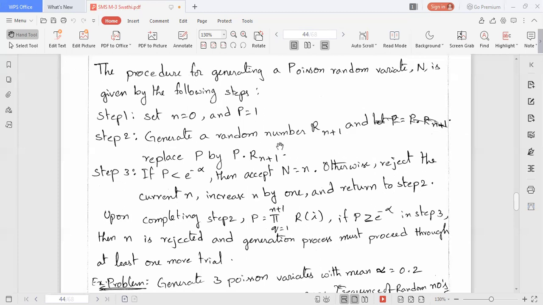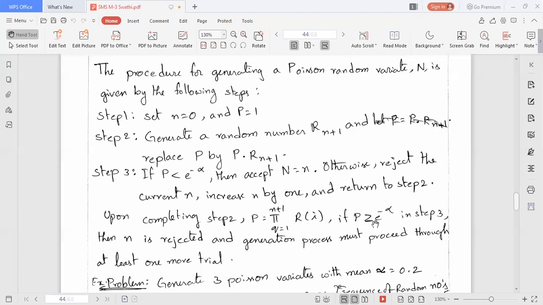Again in step 2, because we rejected, we generate a random number Rn plus 1 and replace p by p into Rn plus 1. After completing step 2, p equal to the product from i equal to 1 to n plus 1 of Ri.